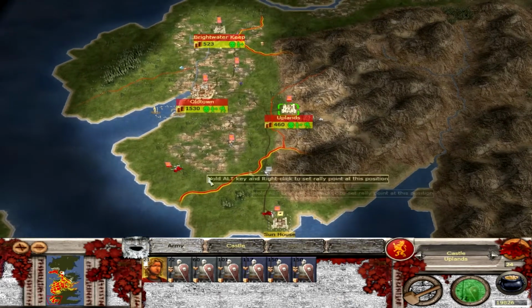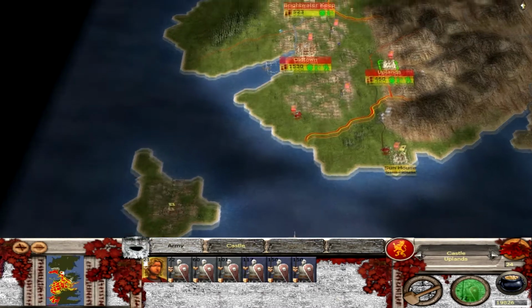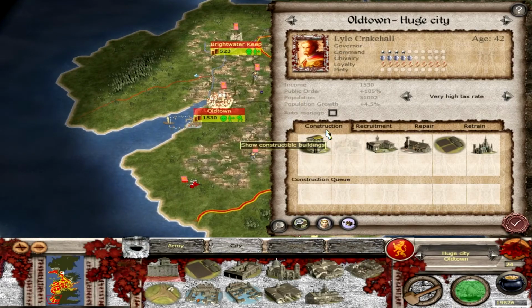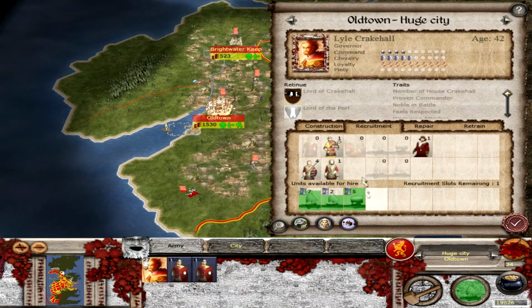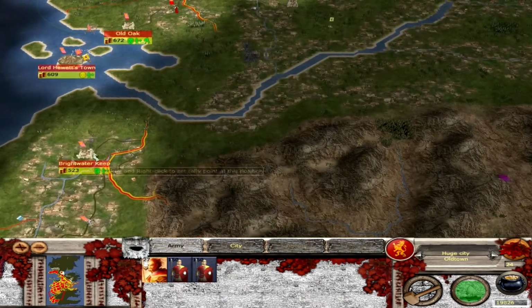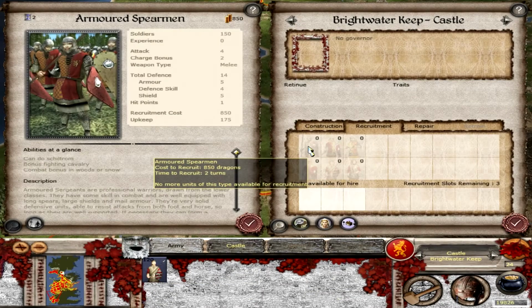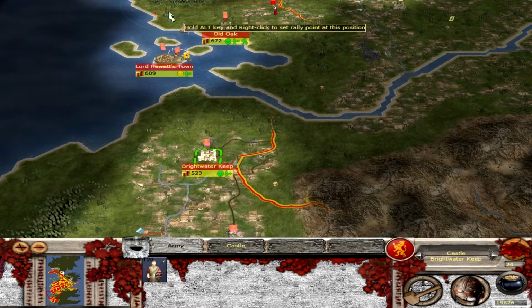So, I mean, it's logical because it's so far out of the way. It'd be like recruiting from the Arbor, there's no reason to. It's like Old Town. I mean, it might be a great, prosperous city, but there's no point in recruiting when there's shit units compared to what you could recruit over here at Highgarden. I mean, maybe Brightwater Keep for the armored spearmen, maybe for the levy spears, but